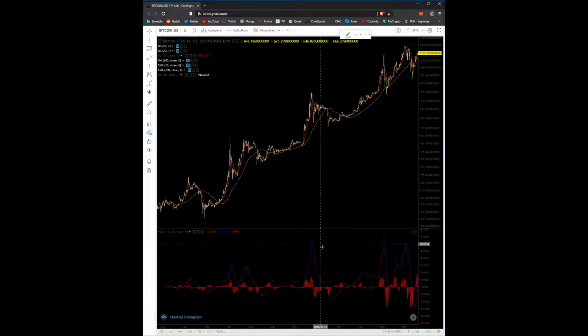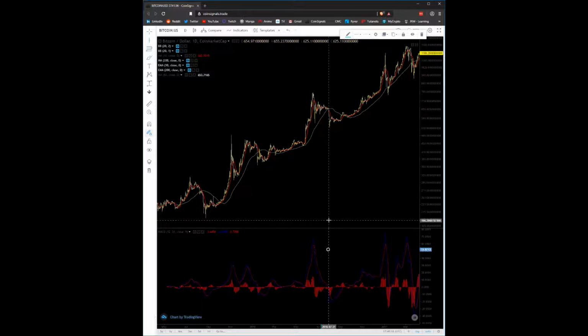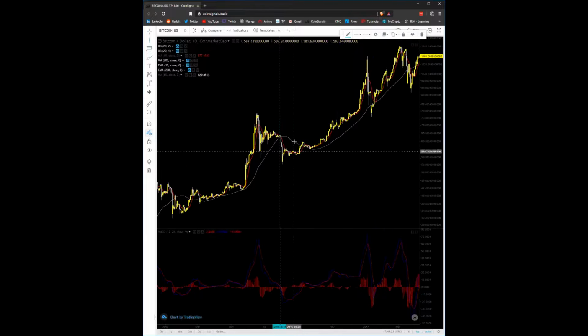We can see another area right here, cross the 0 line, right as price breaks down. All right, so you can see when you're below, you're bearish. When you're above, you're bullish. Right? Now, if we got two lines here, guys, we've got,